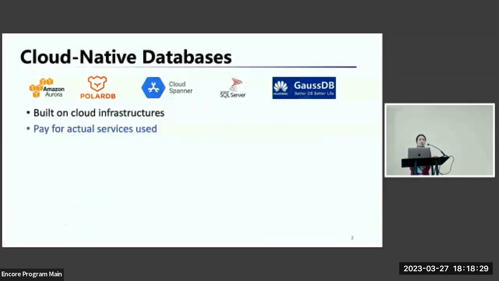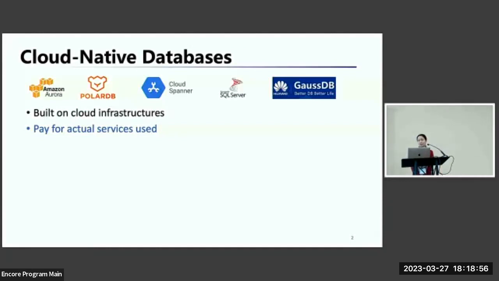Okay. So nowadays, we have more and more database applications running directly on cloud using cloud-native databases. And actually, many big tech companies have started offering native database products, such as Amazon Aurora and PolarDB from Alibaba. These are databases that are designed and built for cloud infrastructures, and they allow one to actually pay for the